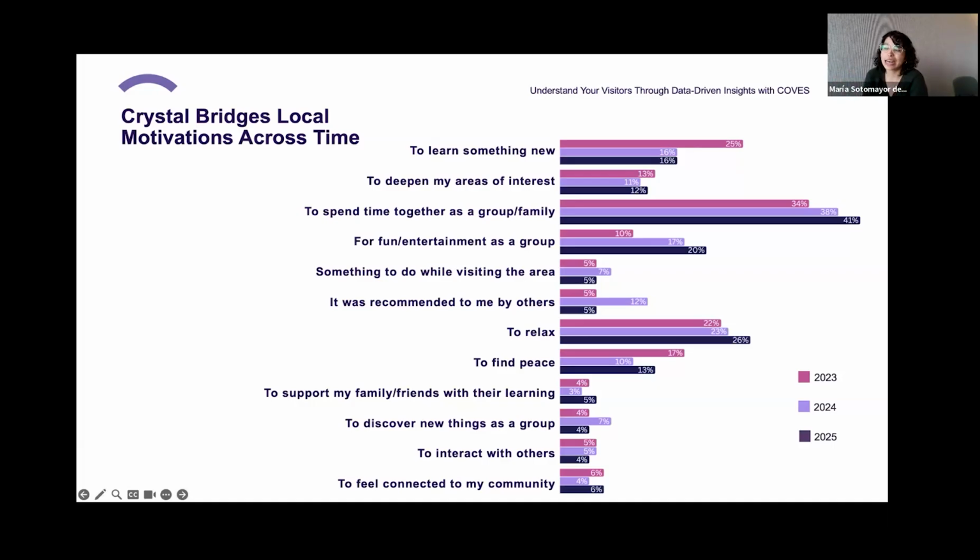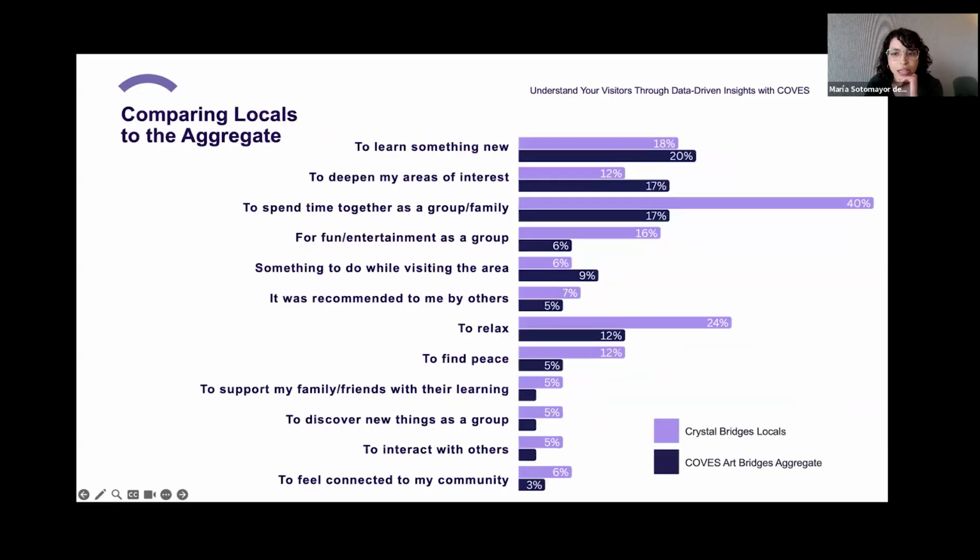If your area has a really high tourist season that's unique to other parts of the US, you can filter for those dates too. Same with any citywide events, festivals, anything that might affect your visitorship, you can filter for that and see how the people that are coming in might have been different from your general museum visitors. Okay, let's go to the next slide.